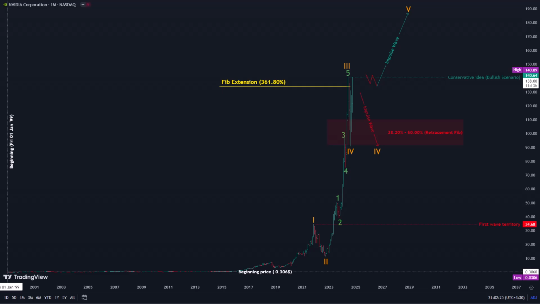The important question now is whether the fourth wave has ended and if the price will rise again into a bull market. Given that the second wave was a deep correction, the fourth wave is expected to follow a sideways pattern, such as a triangle, flat, or complex sideways combination. If the current price action shows a corrective pattern after breaking the previous market peak, we may see an extension into the bull market.